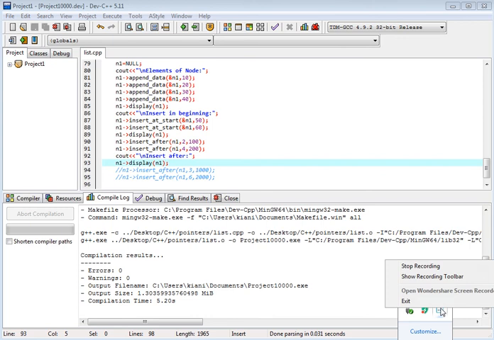A double linked list means previous link and next link. The address of the previous node and the address of the next node are stored. For example, you have courses. Inside the courses there are lessons. Inside the lessons there are assignments and quizzes. So you should have a previous link and next link. An assignment has a previous link with the lesson, and a lesson has a previous link with the course. Inside the lesson we have next links: lesson 1, lesson 2, lesson 3, lesson 4.